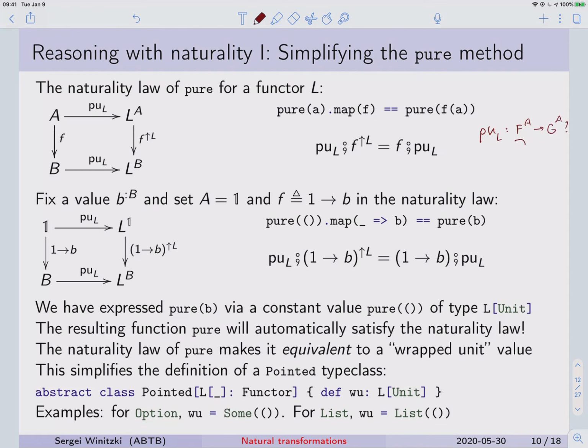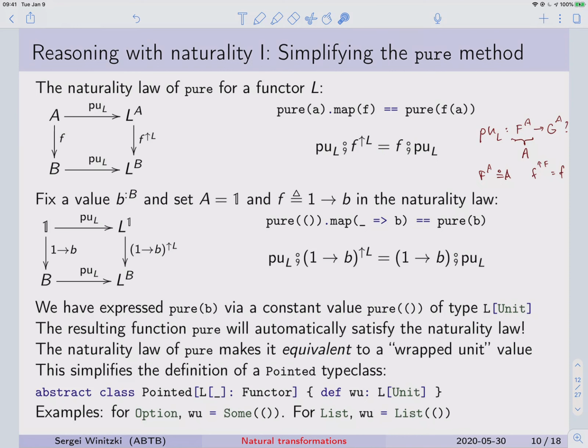It's because instead of fa, we just write a, which is the identity functor. So we define fa to be a, and that's the identity functor. So then, lifting to the identity functor is just the function f. And that's why we have here the function f, rather than the function f lifted to something. But formally speaking, this is lifted to the identity functor. So then the naturality law for the pure function is like this,